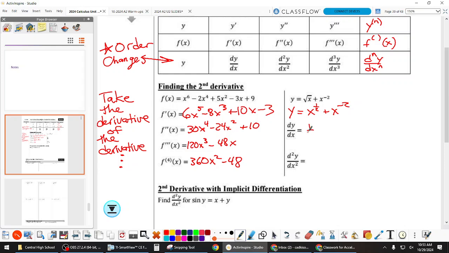So this becomes 1/2 x to the -1/2 plus -2 x to the -3. If you had to stop right there, you could simplify it back to radicals and positive exponents, but it does make this part a lot easier. So now we'll do the power rule again and get -1/4 x to the -3/2 plus 6x to the -4. Then, at that point, if we needed to, we can